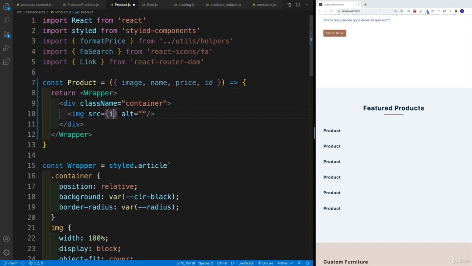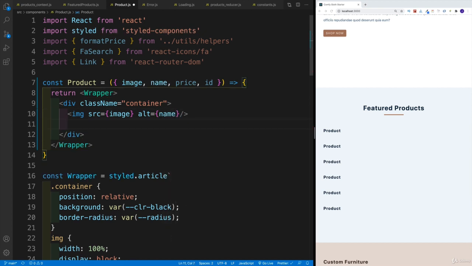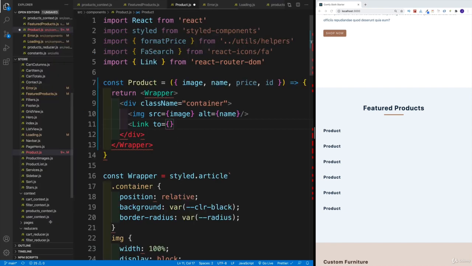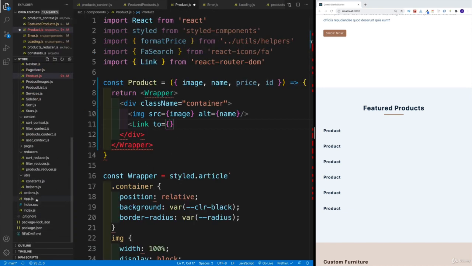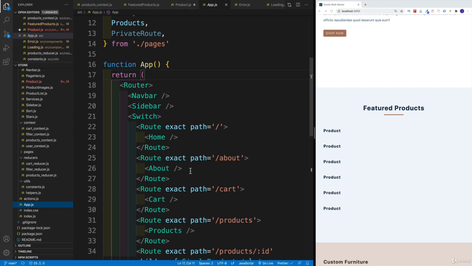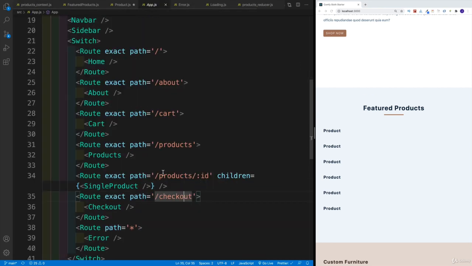So for the source, I'm just going to display the image. And as far as the alternative, I'll use my name in this case. So I'll say name. Then I would want to set up my link over here. And then this is going to navigate again dynamically to product and then ID. Why? Because if we go back to the app.js, what was the path for the single product?